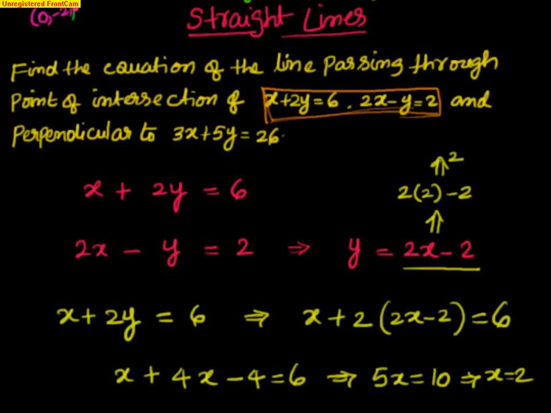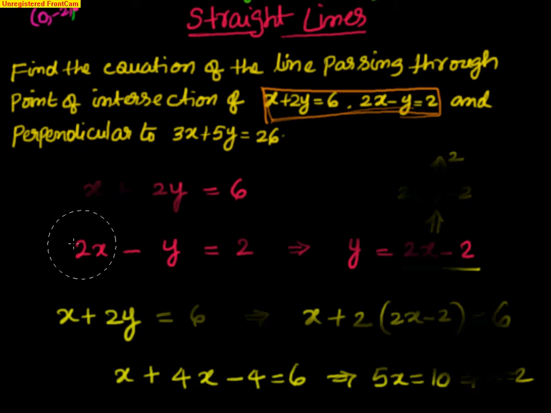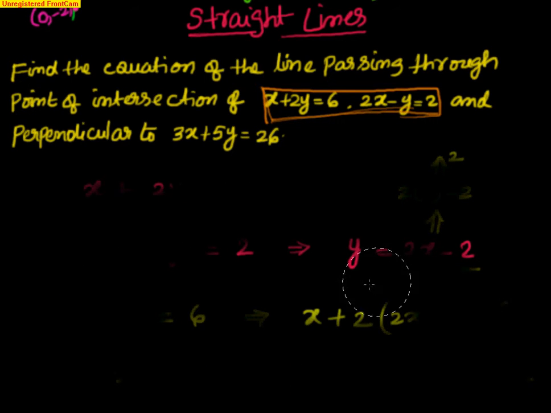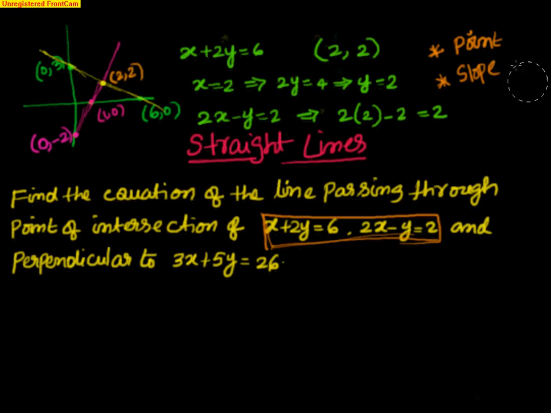We have proved it in two ways. One we have done graphically, another we have done algebraically also. Okay. Now one step of the problem is over, that I have to find out the point of intersection. I have found it as 2 comma 2. Okay, now let's move. What is the other thing that's asked? We got the point now. We have been given two inputs, right? First input we have found that it is a point, and the point is 2 comma 2.